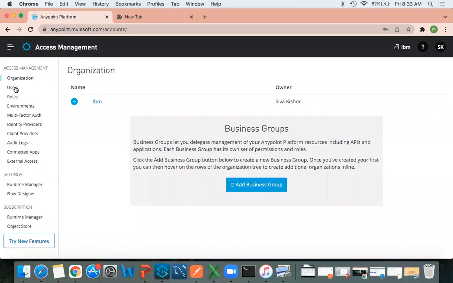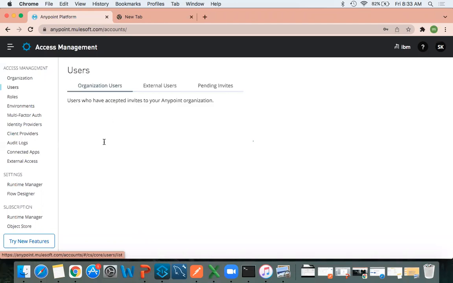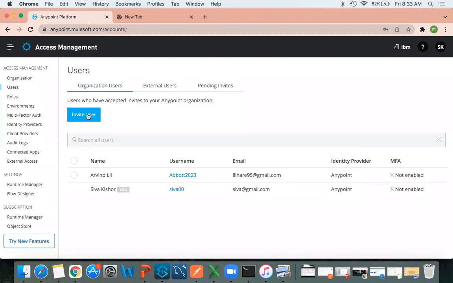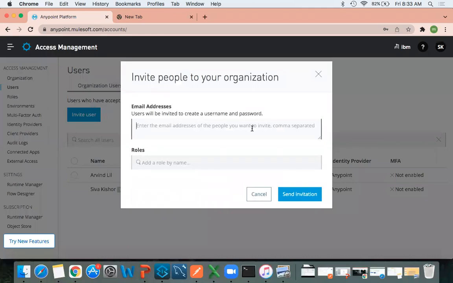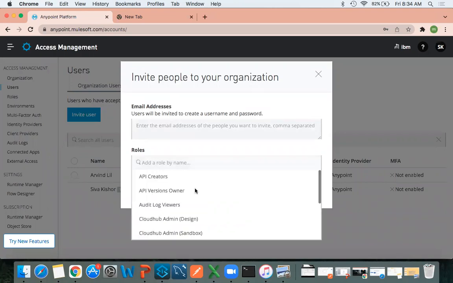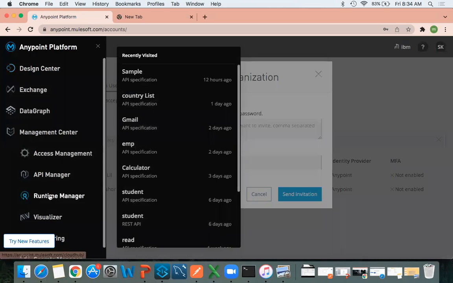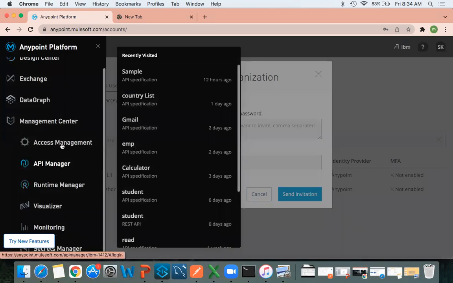See, click on users. The moment we click on users, invite user. So here they are going to add your mail ID. Once they add your mail ID, what will happen? They are going to assign some roles. That means, for practice purpose, we can access everything, but in real time, we can't access all these options. Understood? In real time, in the office, you cannot access all this